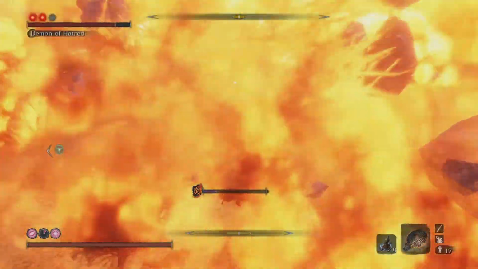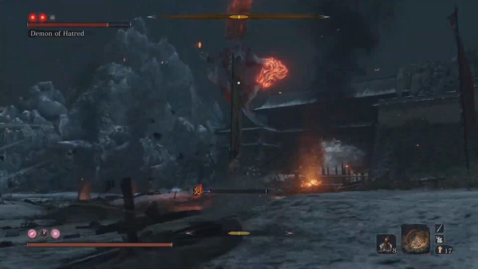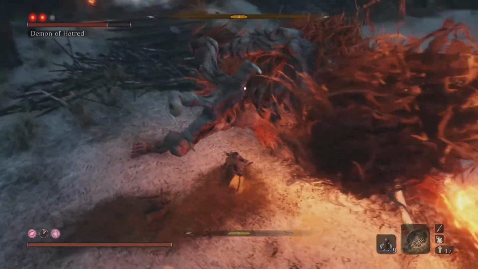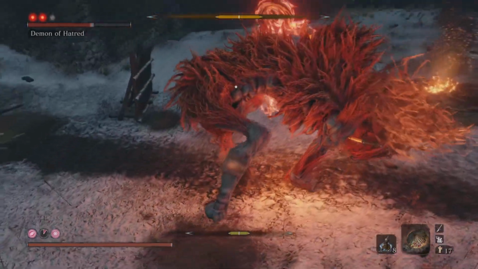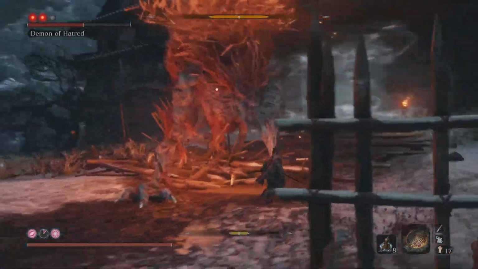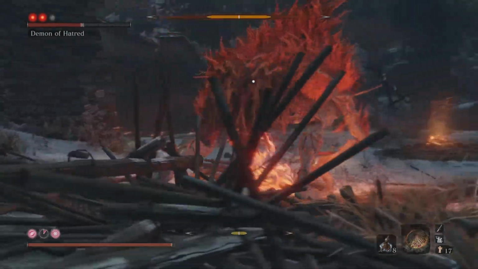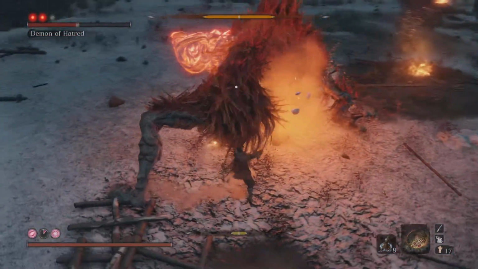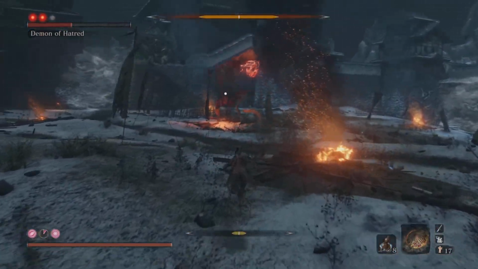Again, shield: zero damage, complete protection from fire, massive chunk of his health gone. Brilliant. Again, immediately pushing him. It's like any of the bosses in Sekiro, really. It's about you applying pressure to him. If you give any of the bosses room to manoeuvre and not respond to you, they will become very unpredictable to your eye and very, very hard to deal with. So the best thing to do is get right in there, right up his nostrils, slap him about a bit,